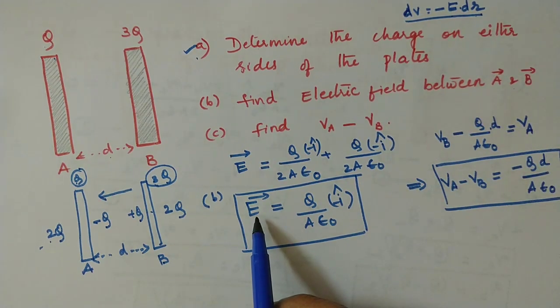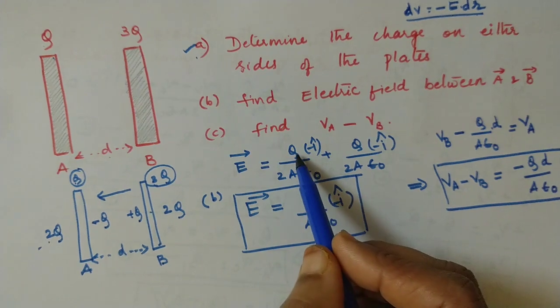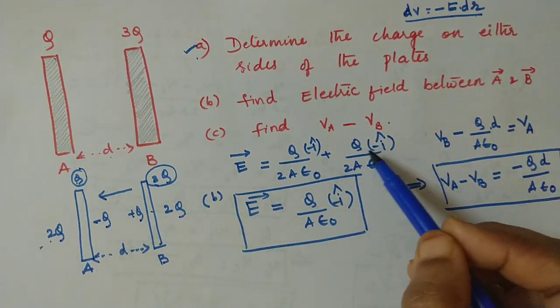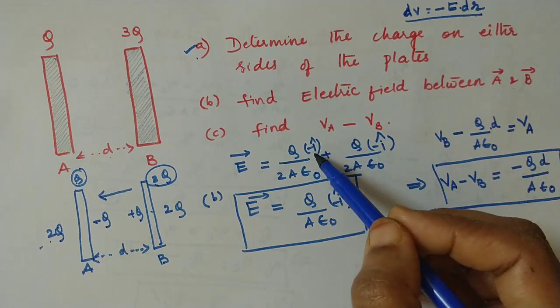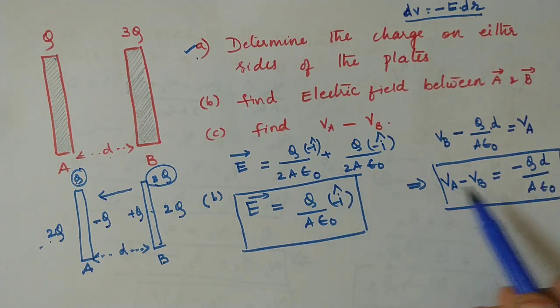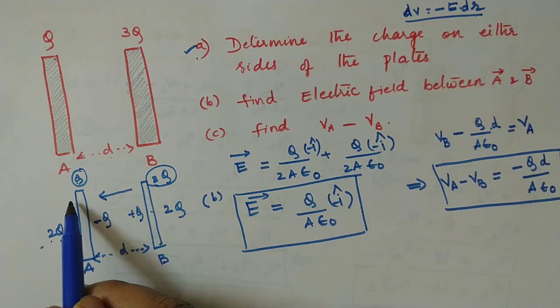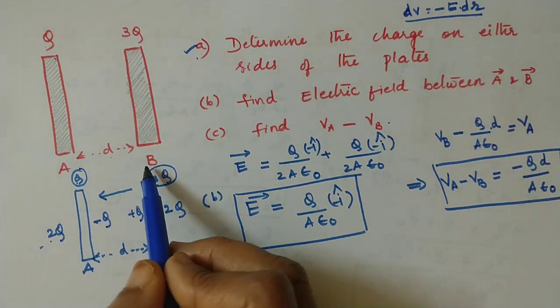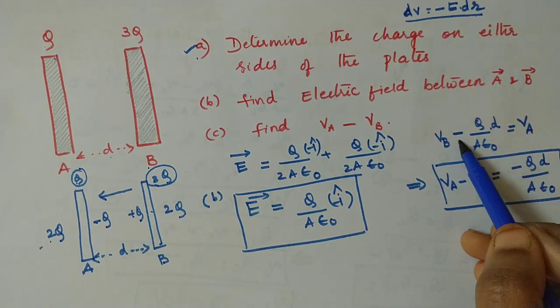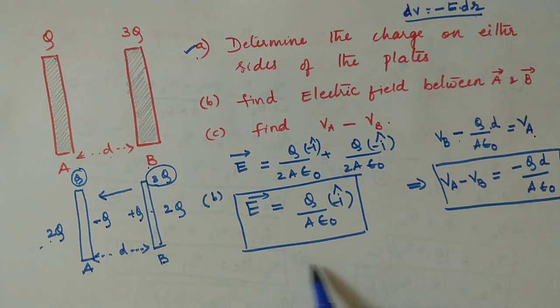Again I am repeating, for finding the electric field, it is directed from positive to negative. Due to this positive charge, it is Q by 2 epsilon naught A. Due to the negative charge, again Q by 2 epsilon naught A. Both are in the negative I cap direction, so your answer would be Q by A epsilon naught in minus I cap. Whereas when you are writing the potential difference, when you move in the direction of electric field, potential decreases. So follow the same sign convention. Starting from VB, with the minus sign, field into distance will give you the potential of A. So this is how you can find the charge distribution and find the potential as well as the electric field.